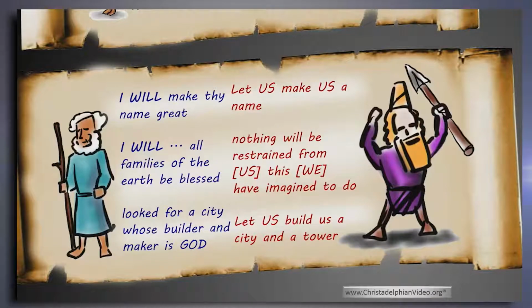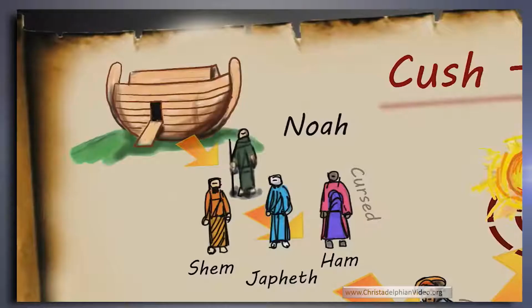Well, no, he wasn't the first. There was a guy before him called Cush. Okay, who's Cush and where does he come from? Well, you've got Noah, right? And God said to Noah, basically the world's been pretty bad before you. There's been a flood and wiped them all out.